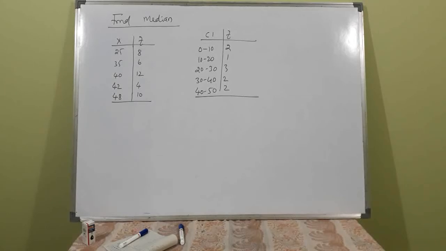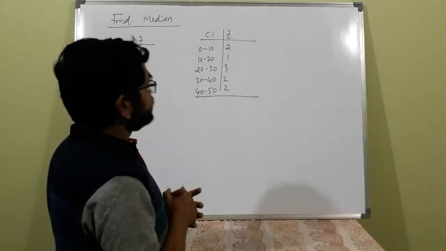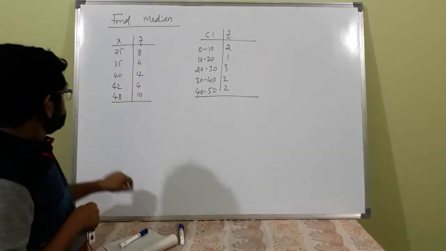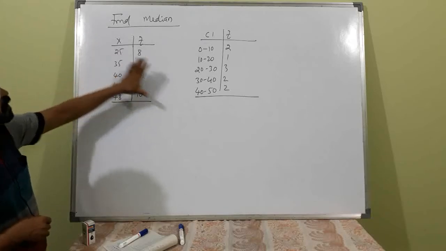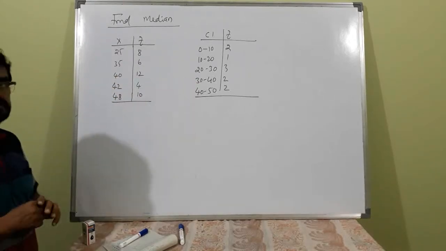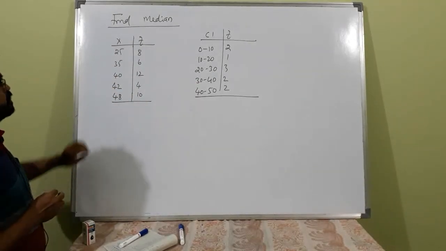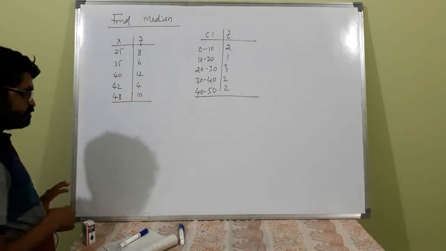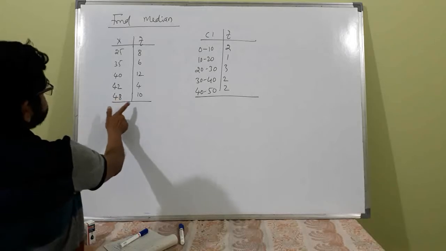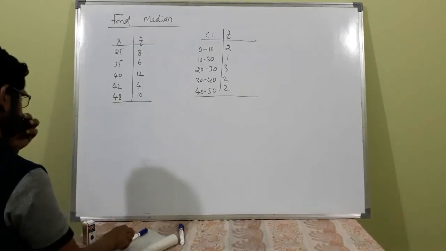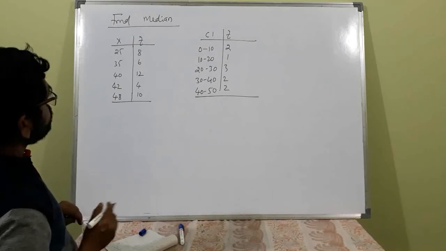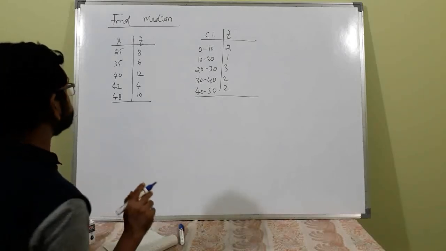Now, this is how to find the median. Suppose there are two sets of data. Both are frequency data, frequencies given. That is the continuous case. This is the grouped or discrete case. X and F are given. How to find the median? Yesterday I told you.